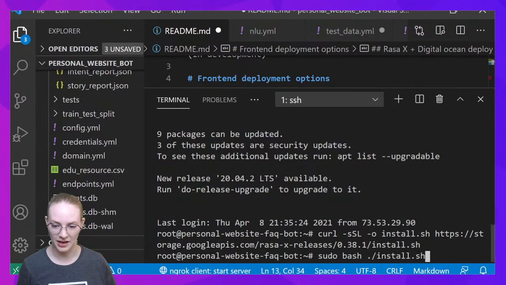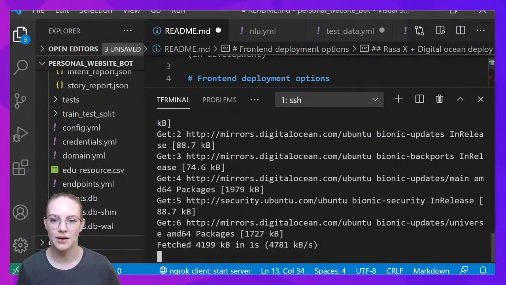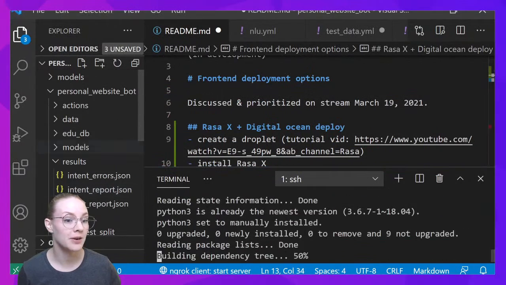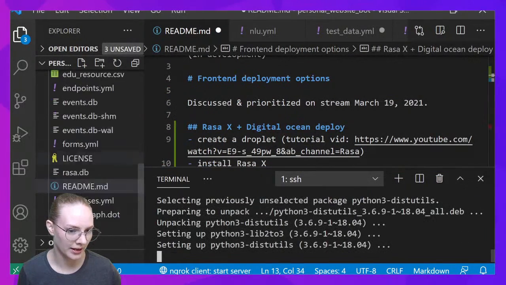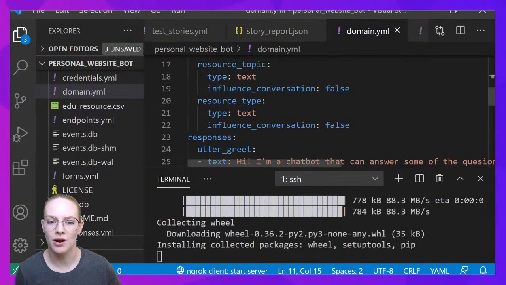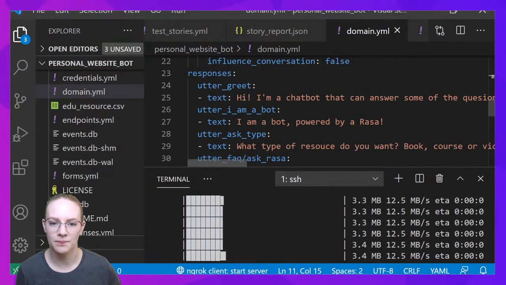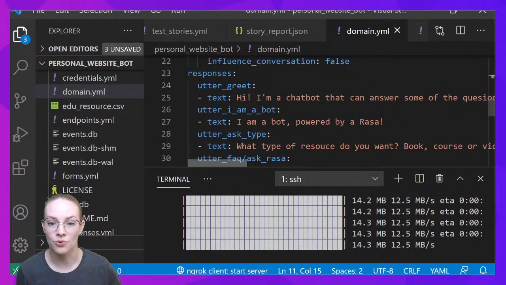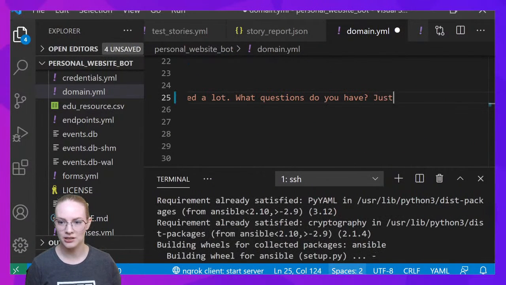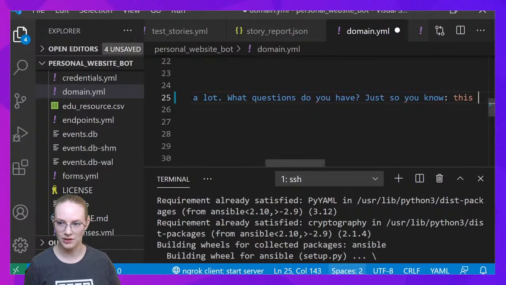So while this is happening, I am going to change my assistant a little bit. So what I'm going to do is in my domain where we talk about the utter greet, I'm going to add, just so you know, this